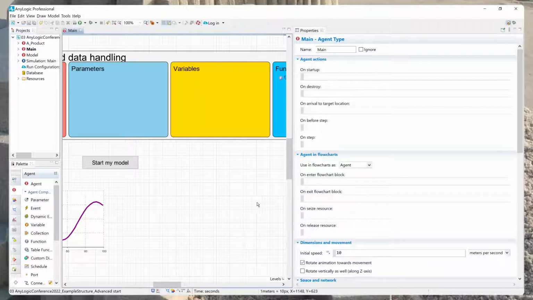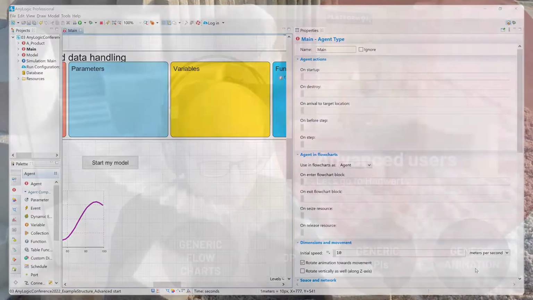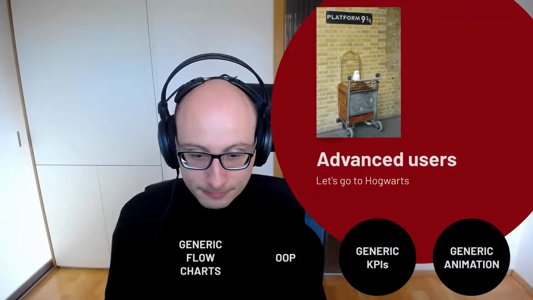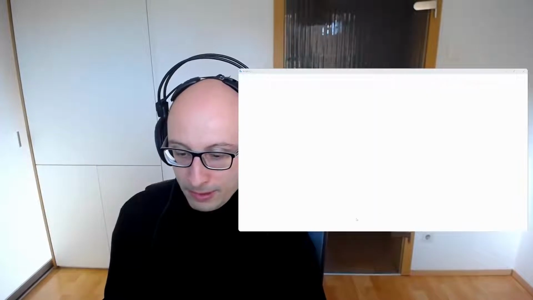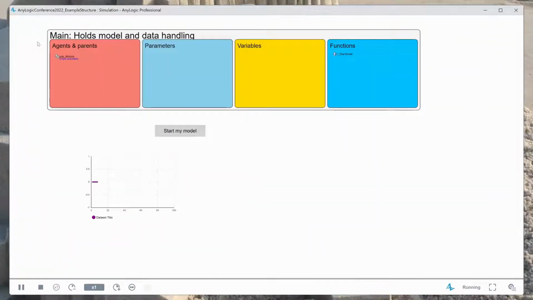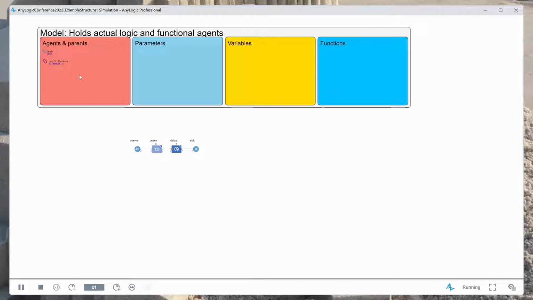So when I run this model, let me switch screens here. When I run this model, we basically see main and we see an empty population of models. And only when I click this button, which will call this function, then we actually start creating a model. And now all that's happening is this source block is randomly creating product agents, which are then pushed through this trivial flowchart. Nothing special happening here. And if we could go back